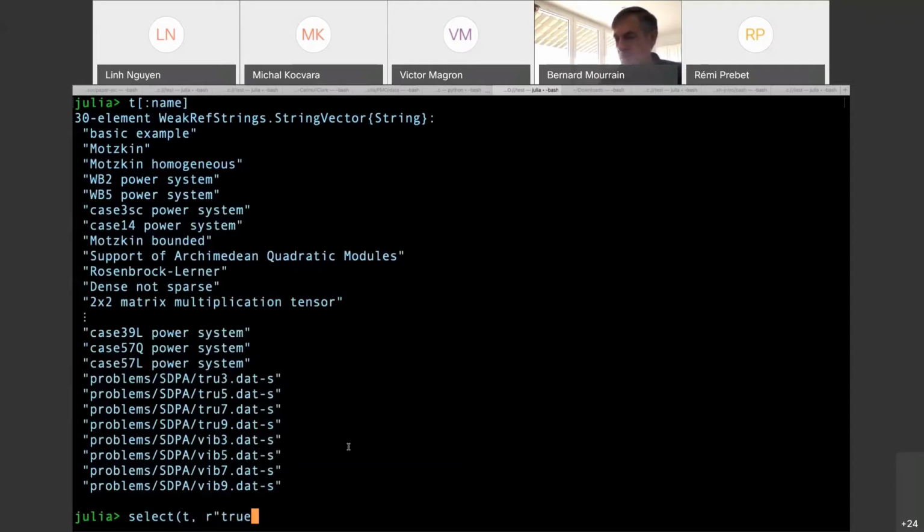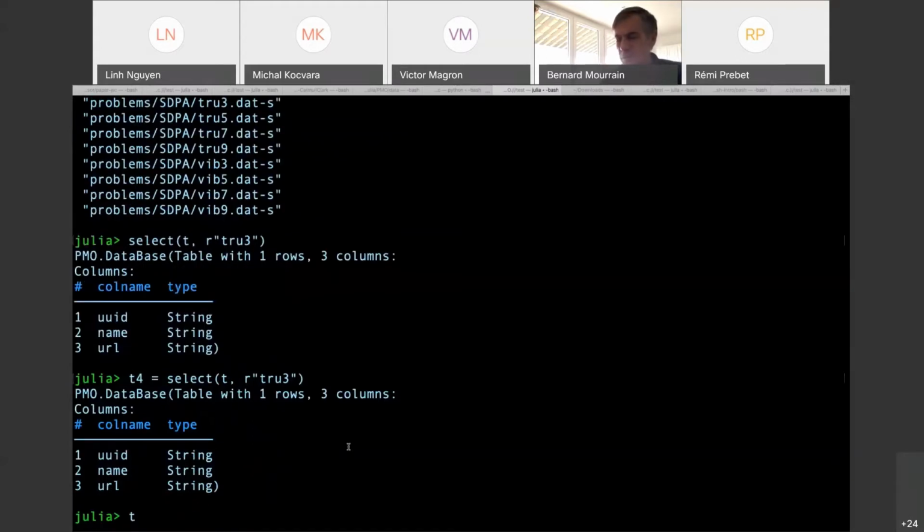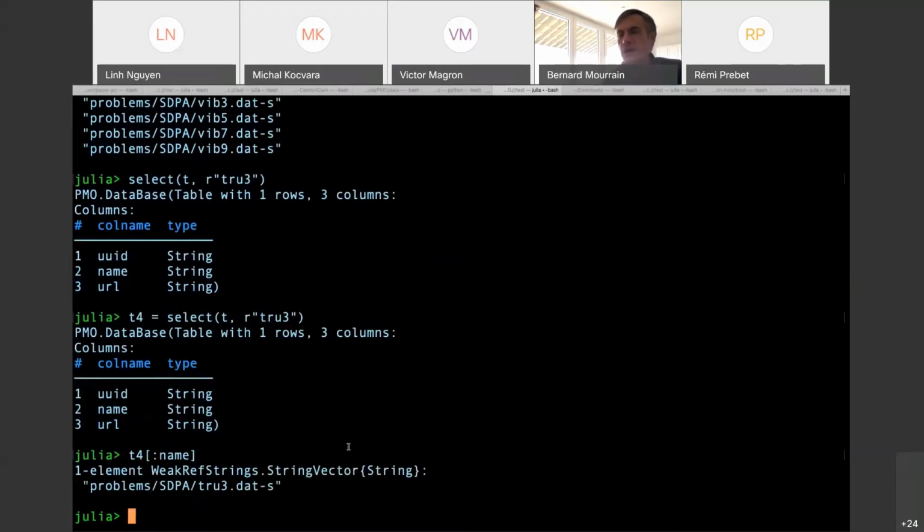What is it giving? This is giving the table. Let's call it T4. T4 has only one entry, one row, and this row is the name which is here.